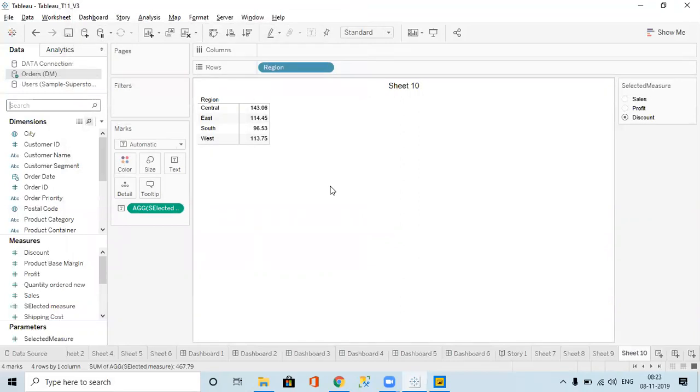Okay, is it clear? But that is the case. Suppose we are running some monthly reports. So every month we are getting updated values, right? So that is the case. It's not automatically updated in the parameter. What should I do?